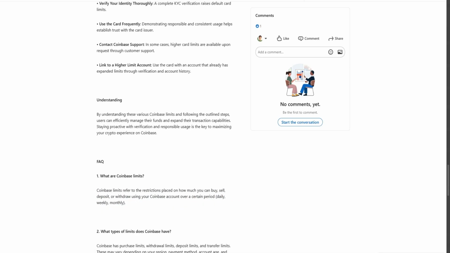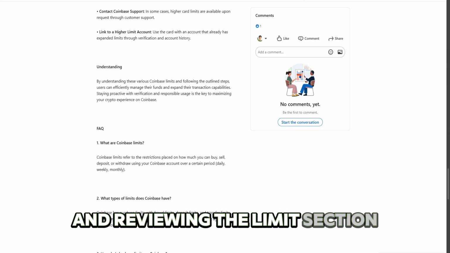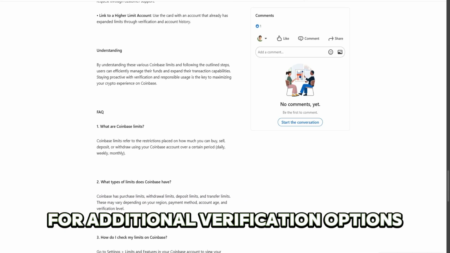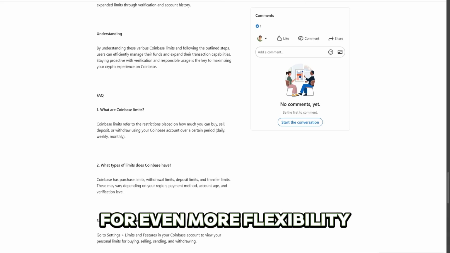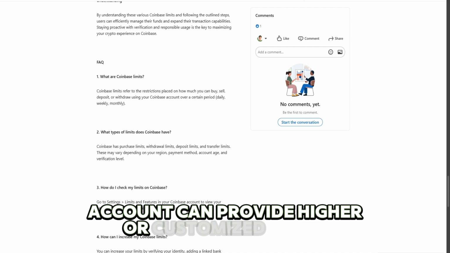If available, you can request a limit increase by going to your profile and reviewing the limits section for additional verification options. For even more flexibility, upgrading to Coinbase One or a business account can provide higher or customized limits